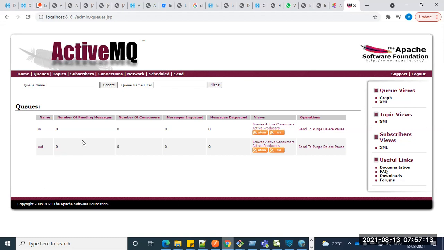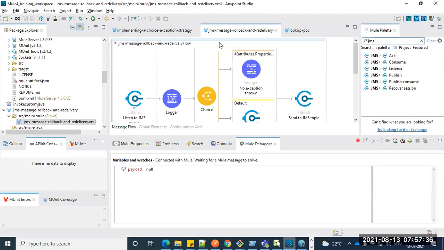They might have segregation as well: financial queries, network related, SMS related. But eventually all the tickets get dumped into this particular queue. Whenever the queue gets a message, we have to pull it out and process it one by one. First in, first out is the concept of a queue. That way the queuing mechanism will work, guys.